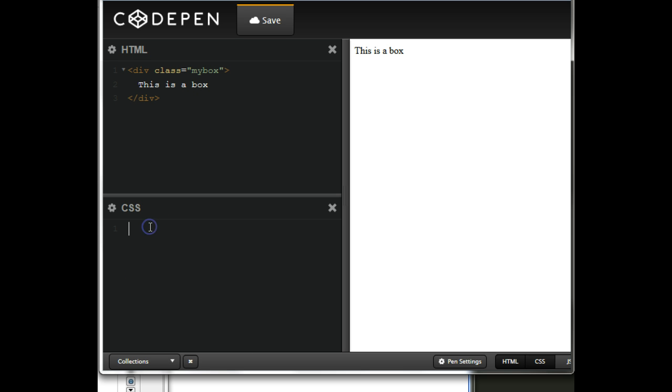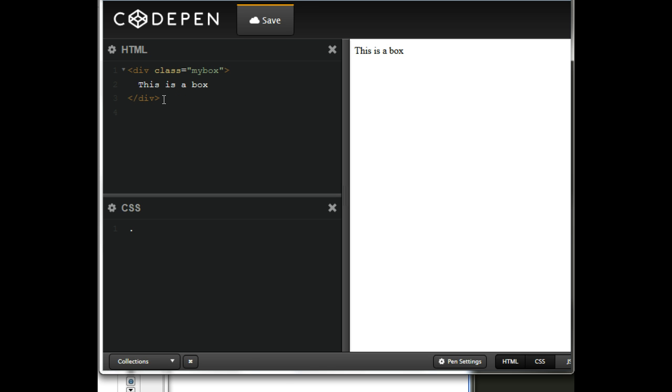How it's coded is almost identical. We use a dot for our classes,